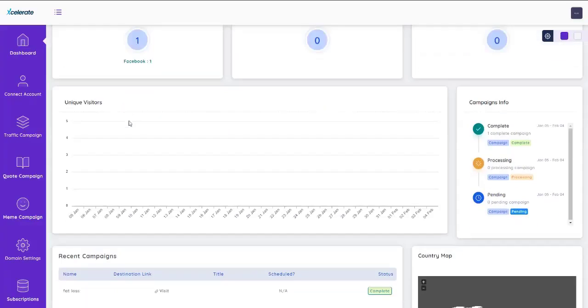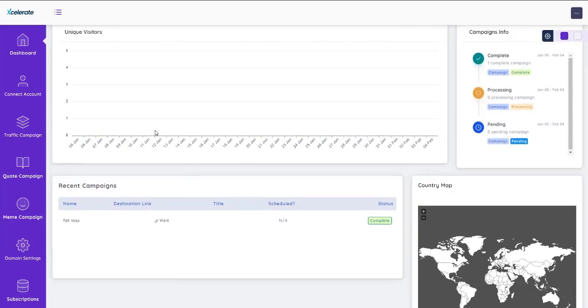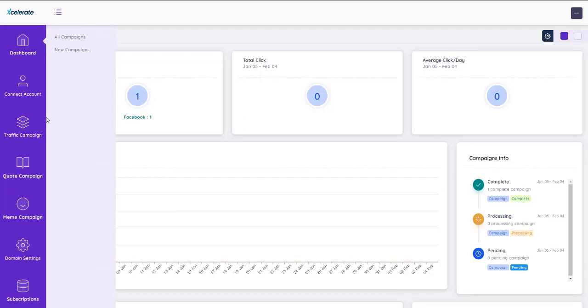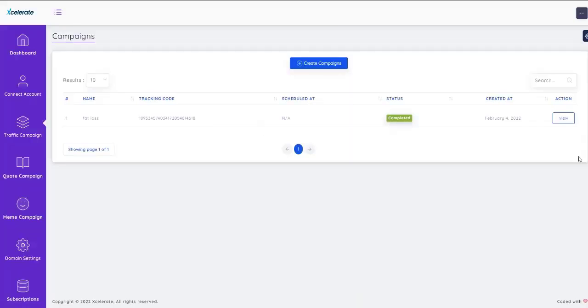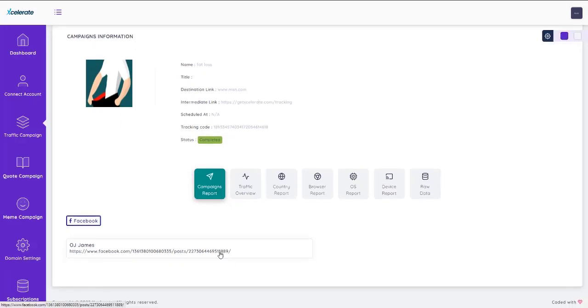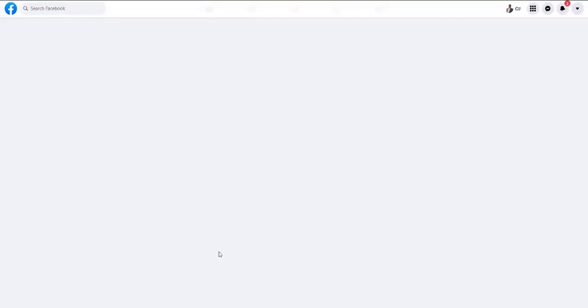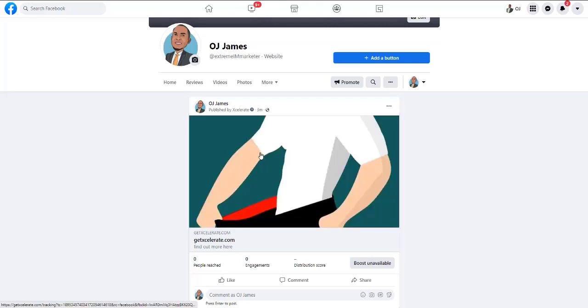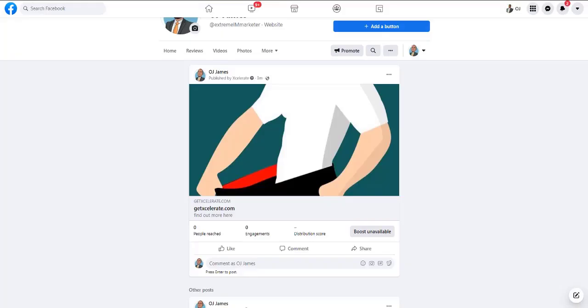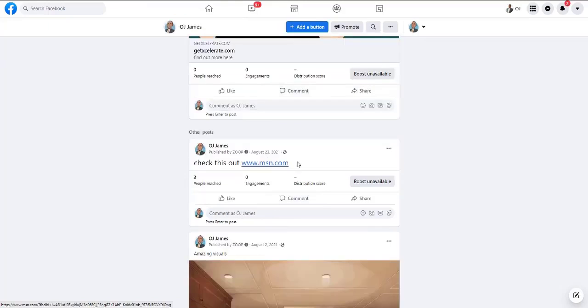this campaign has now been posted, and we can see the statistics on it as well. If we go to our traffic campaign, we will see all the campaigns, and as you can see, it's already been posted. We can view the report as well, and we can see that it's actually been posted. If you wanted to see where it's been posted, we click here. There we go. It was posted to my OJ James page here, and I can click, and it actually redirects to the offer as well. So as you can see,